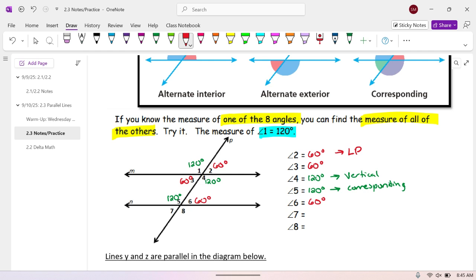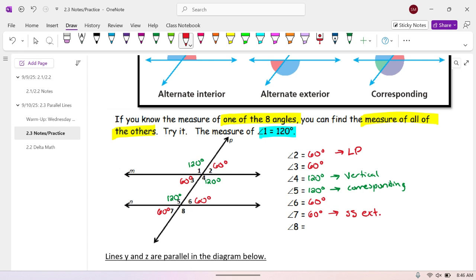So that means they are what? They equal 180 or they're supplementary. So 7 has to be what? 60. Could someone tell me another way I could have figured that out? They're vertical to 6, so they have to be congruent. All right. So this is also 60 degrees, and again, it's same side, exterior